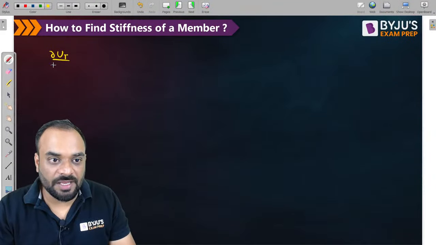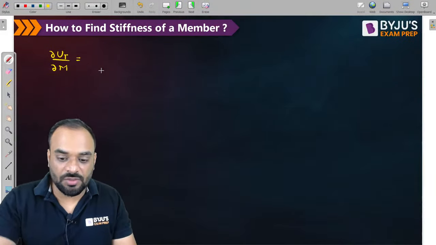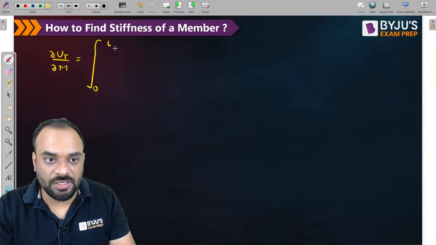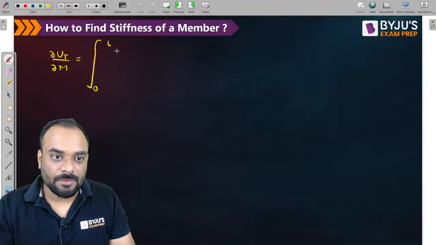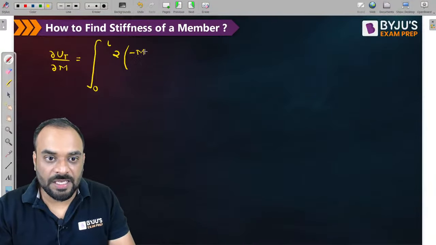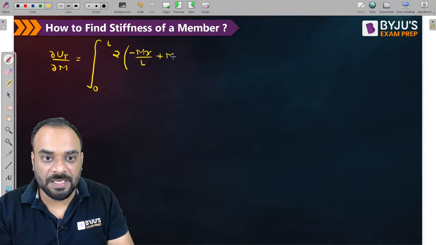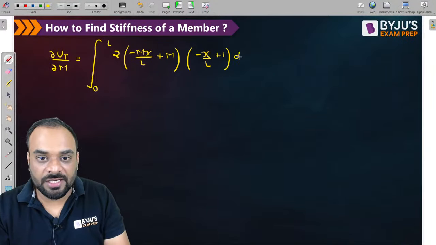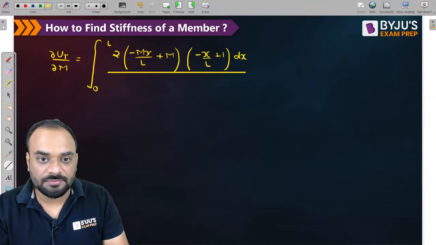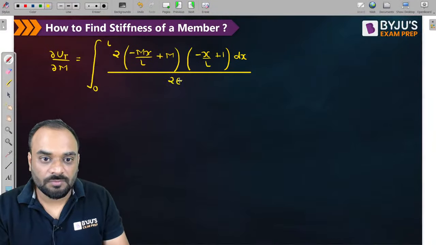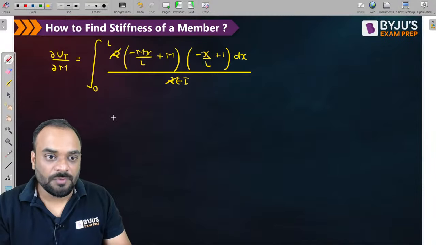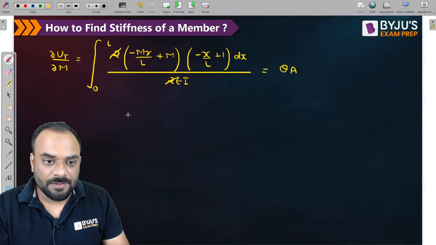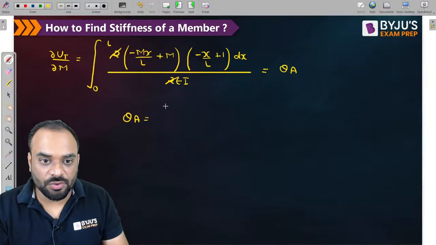So del Ut by del M is equal to how much? Integration 0 to L, twice minus M into x divided by L plus M, then again take the derivative of it, minus x by L plus 1, and then dx divided by 2EI. Kindly cancel 2 to 2. Okay. And this value is equal to theta A. So theta A is equal to